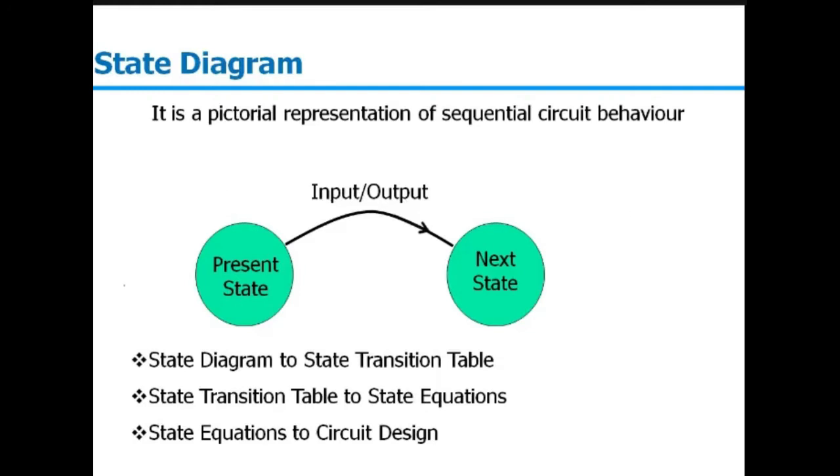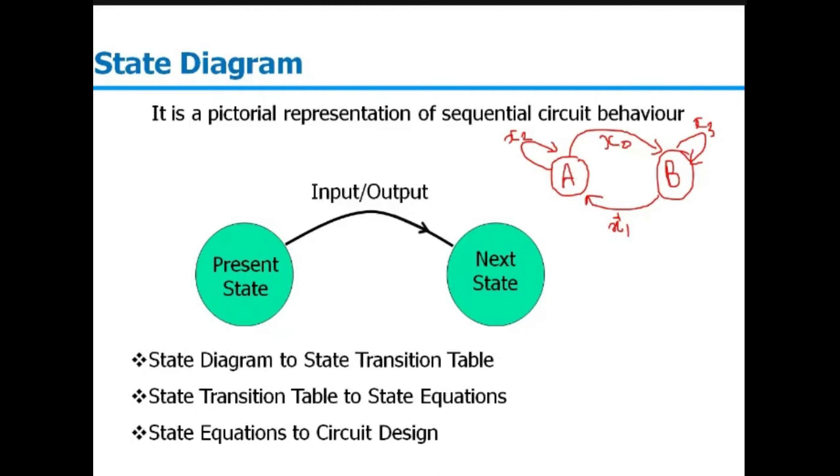Rather than saying present or next state, we will say we have two states, let's say state A and state B, and depending on the input or whatever the excitation input is, let that input be X. So for some given value X0, you are moving from A to B, or for some other value X1, you are moving from B to A, or for maybe some other value X2, you might be staying in the same state. So we will see how, depending on this input, the state transitions occur.